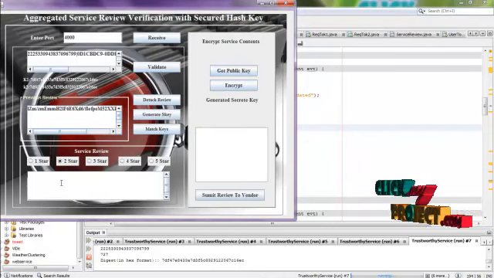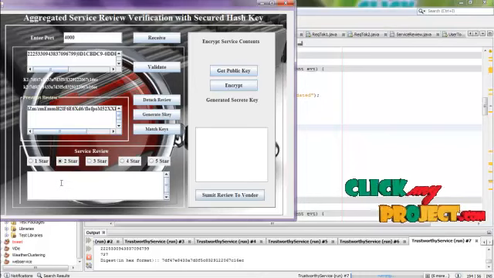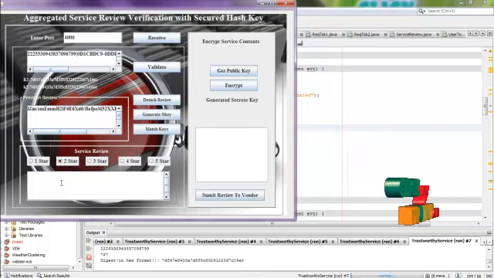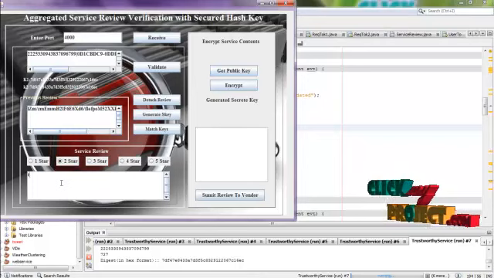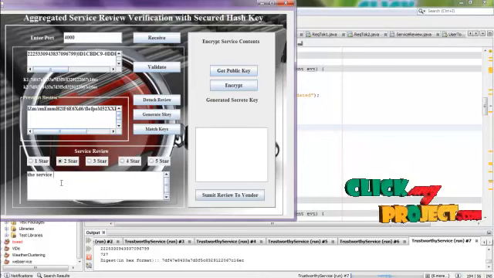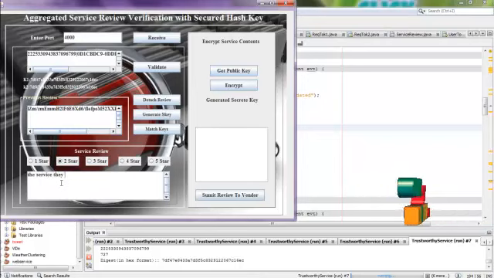So after the successful validation he can just pick any one of the ratings and descriptions like this.